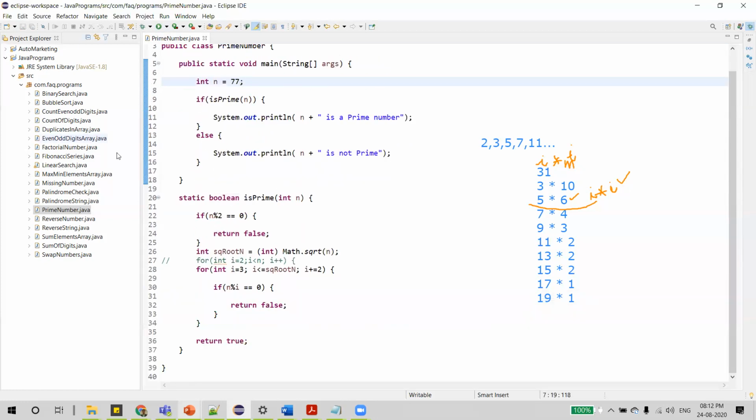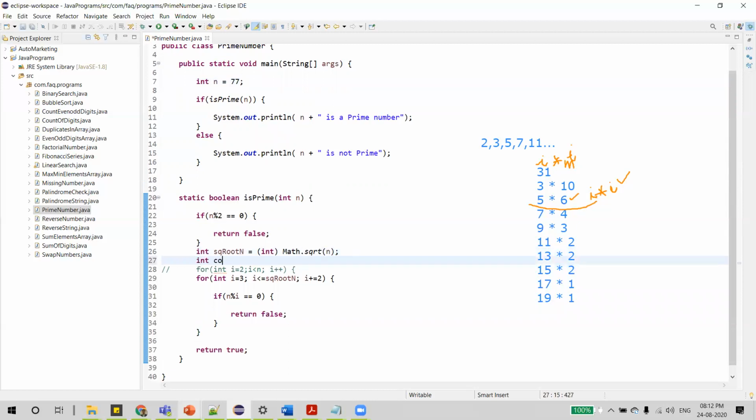Now just to confirm the number of iterations, in how many iterations we can do this, let's actually calculate how optimized the second approach is. For that, let me declare a variable called count, which is assigned 0.